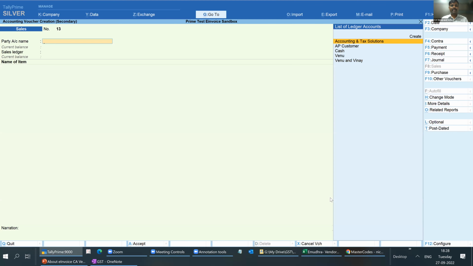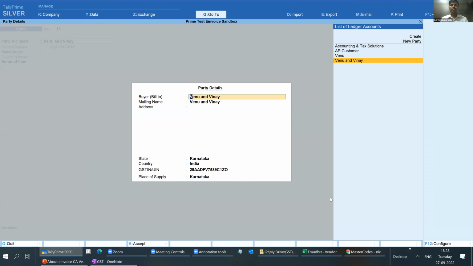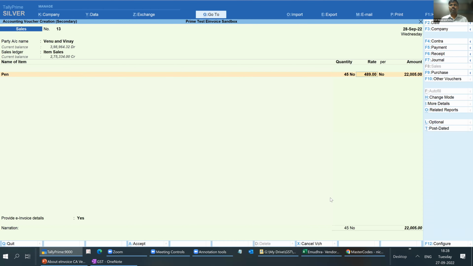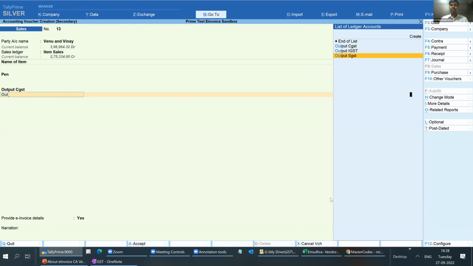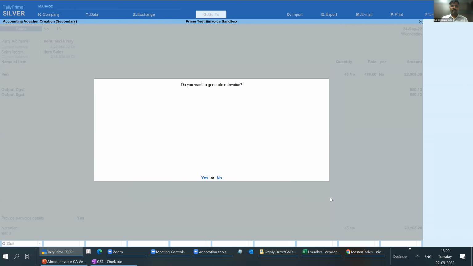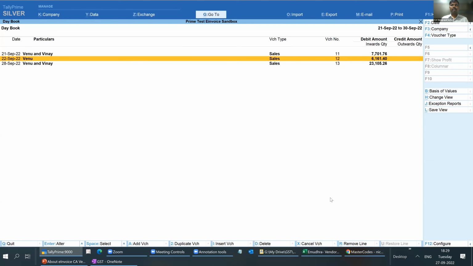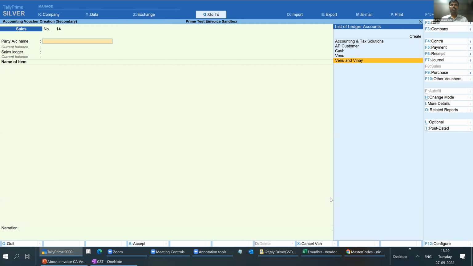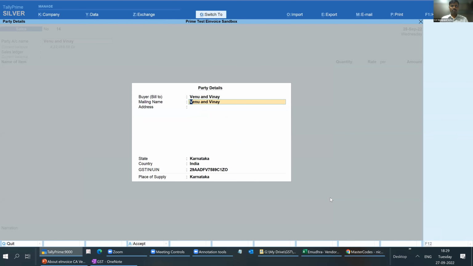Then let me create an invoice for tomorrow's date, 28th September. So we have created one invoice for wrong GST number. This is for future date. Then let us create one more invoice with